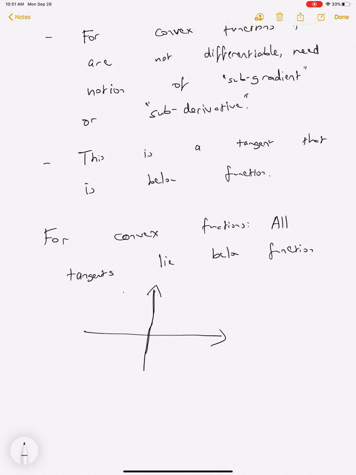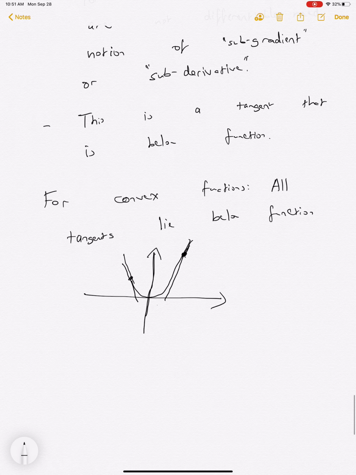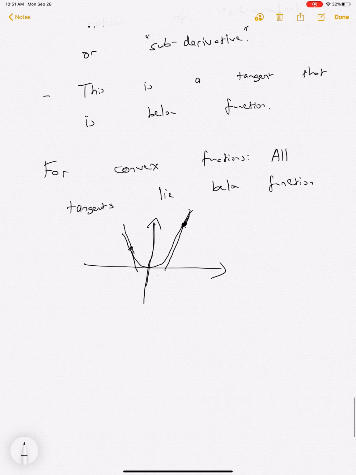One function that we know is convex is the quadratic. If you take a tangent to it, where you draw the line at a point, it's always below the function. You can check that for any point. This is the property of convex functions, and it is one of the reasons why all zero gradient points are in fact minimizers, because all of the tangents have